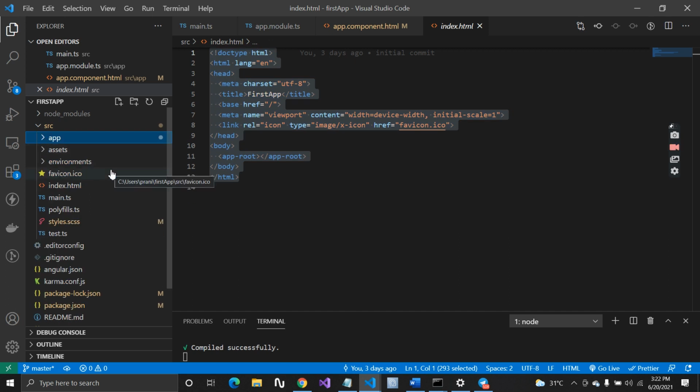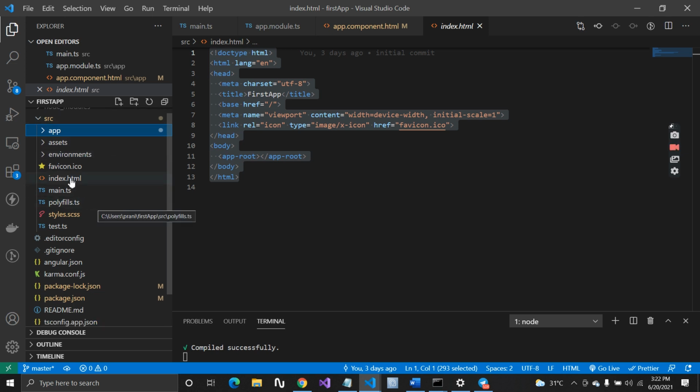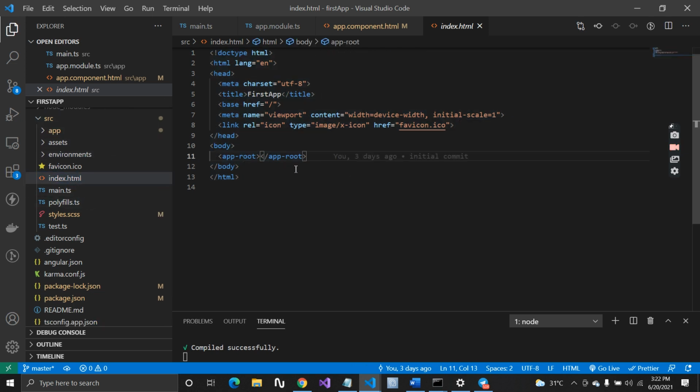Now you guys will be clear why we have these two files, this main.ts and this index.html. Suppose you have n number of components inside your application, everything will get rendered inside this app-root. We will have that kind of architecture so that everything will get rendered inside this app-root.